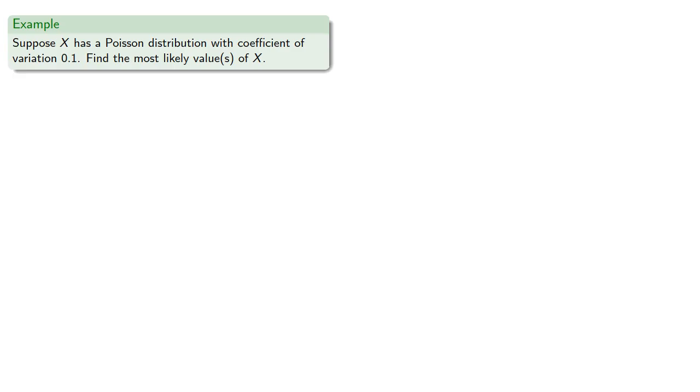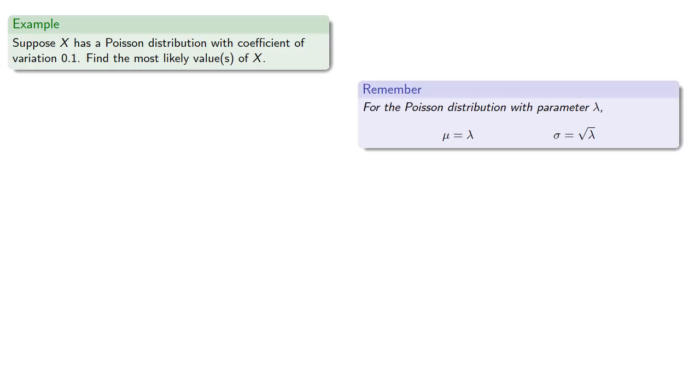Suppose we have a random variable with a Poisson distribution with a coefficient of variation 0.1. Let's find the most likely value or values of our random variable. So for the Poisson distribution, remember our mean is whatever the parameter is, and our standard deviation is the square root of the parameter. We're given the coefficient of variation, and we know that the mean is the parameter, the standard deviation is the square root, and so we find